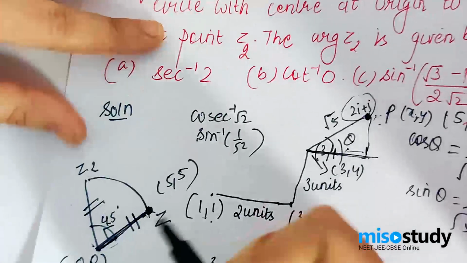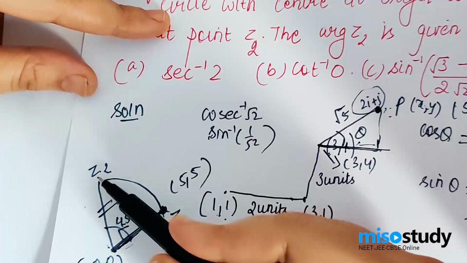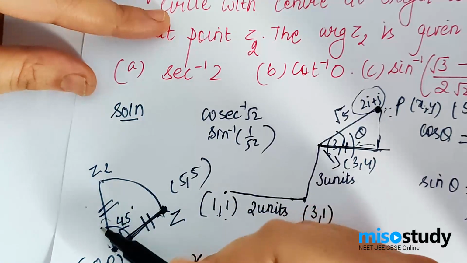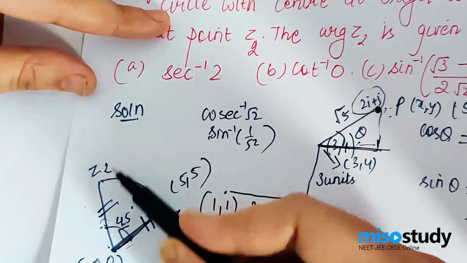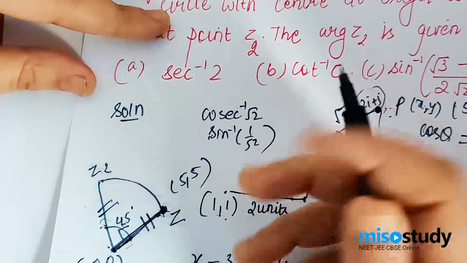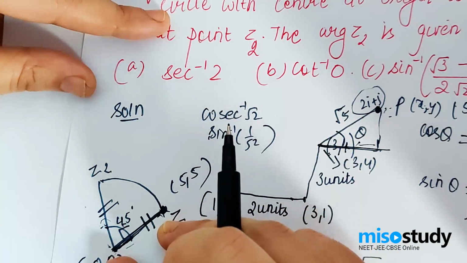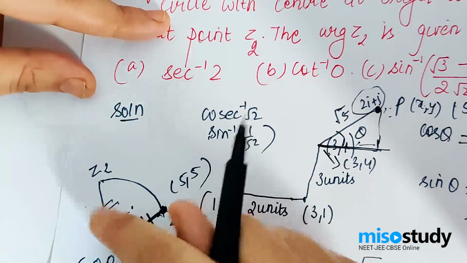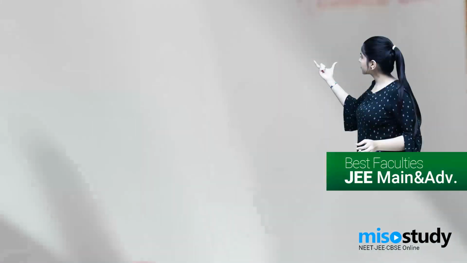Okay, since this was the final position where it reached, it has to be kept in the numerator, and the initial position has to be kept in the denominator. The angle of rotation is anti-clockwise, so the angle has to be taken as positive.